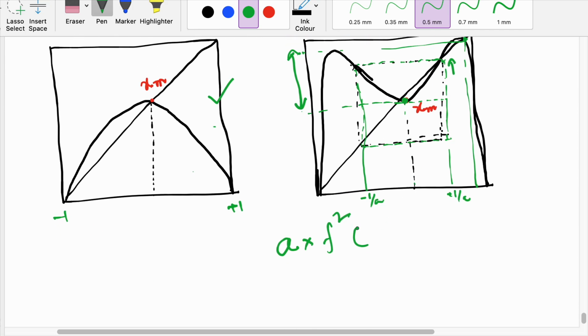So this is x by a. If I put x equal to +1, it will go to 1 by a, and if I put -1, it will go to -1 by a, comma r1. If I put it here, it should look exactly like this. So this is my first thing.